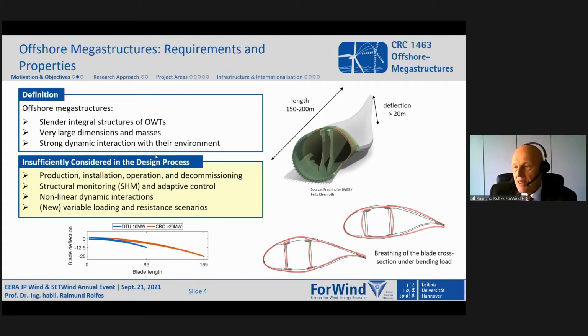If we look into the present design process of offshore wind turbines, we see four disadvantages. First, production, installation, operation, and decommissioning are not sufficiently taken into account in the design phase. Of course, they are thought about, but not systematically in the early design process. Second, structural health monitoring and adaptive control, and nonlinear dynamic interactions, as they occur with extremely slender, long structures. This might be a design of a rotor blade we could investigate in our CRC